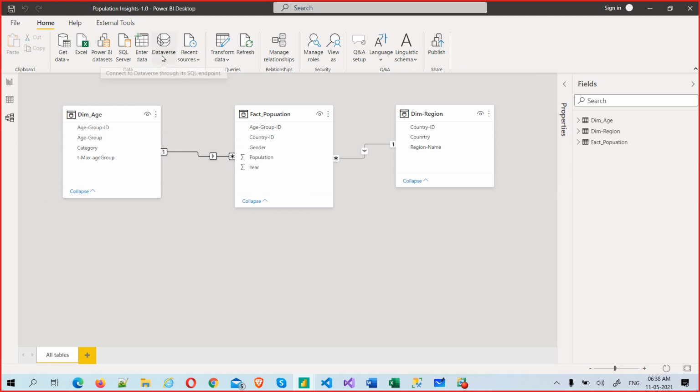You might ask what is Dataverse. Simply go and search in Google for what is Dataverse. Dataverse is basically a source. There is competition from SAP to Microsoft, with the tool called Microsoft Dynamics 365. What is the competitor in SAP? SAP has many modules like SD, a lot of modules.